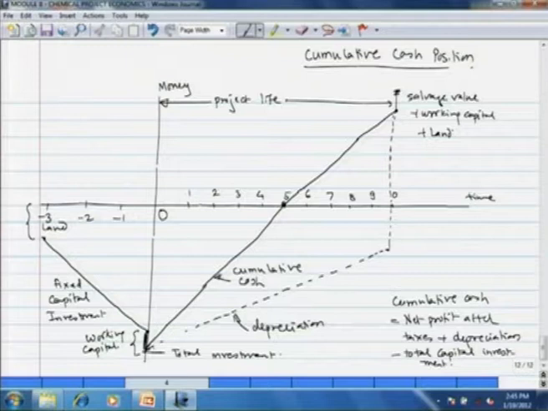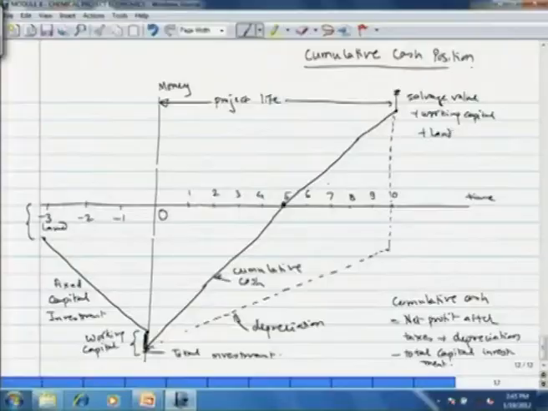Of course, I have shown the cumulative cash in linear form. It cannot be linear, because as soon as you make a profit, let us say you deposit it in a bank, then each year the interest accumulates and the cumulative cash grows non-linearly. It grows more or less in the form of an exponential. Therefore, that aspect we are not taking into consideration at the moment, because we are seeing a simpler model for project economics or profitability.